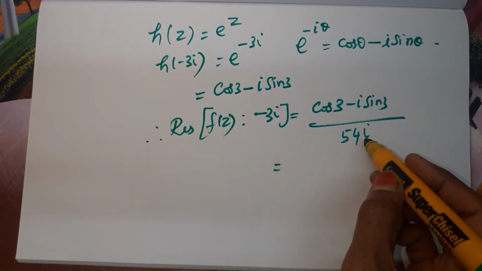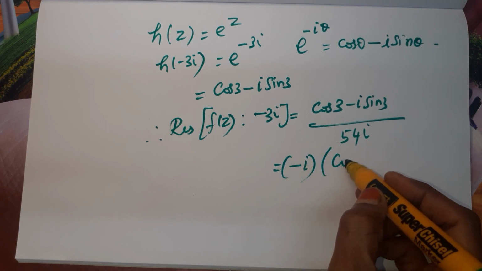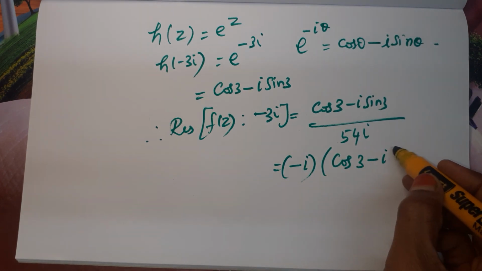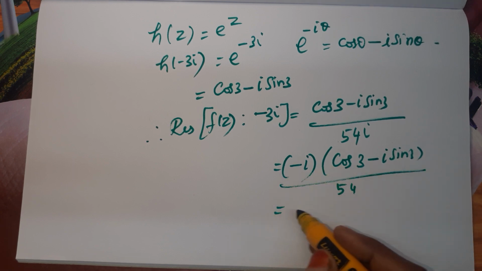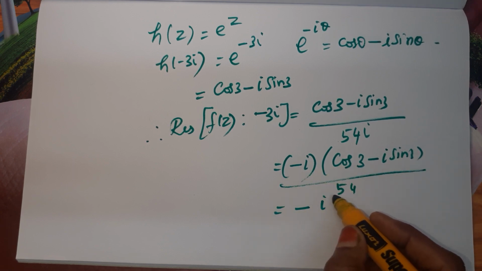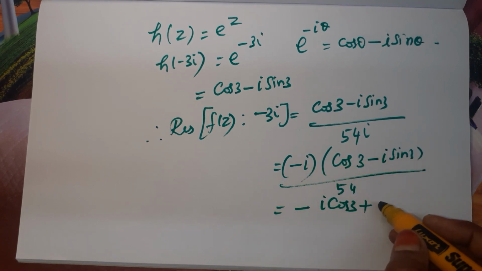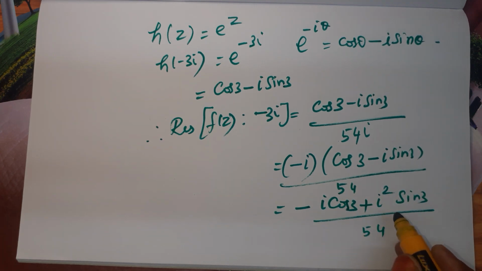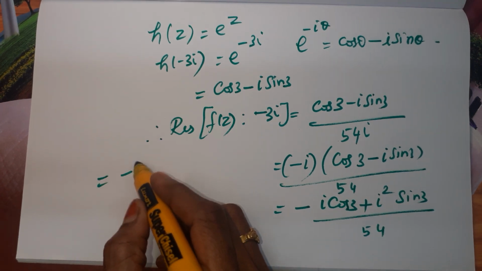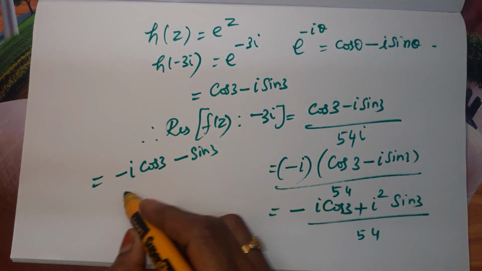This i, when it comes in the denominator, we can take that as minus i. Minus i into cos 3 minus i sin 3 by 54. When I multiply this inside, minus i cos 3 minus into minus plus i into i squared sin 3 by 54. i squared is minus 1. Am I right? So which is equal to minus i cos 3 minus 1 into sin 3 by